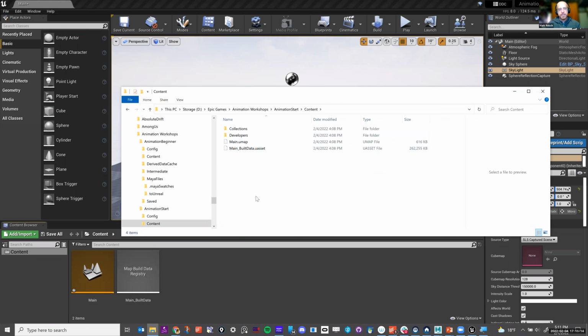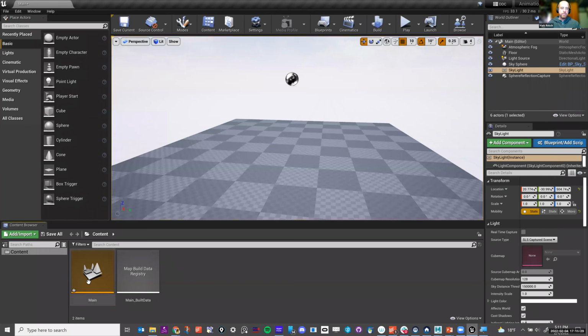We aren't actually seeing that stuff, but you can see this main map. That's this map right here. And then the build data is also right there. We aren't going to do anything with those. Basically this is the Unreal level, so we're currently in the main level that this is working in.